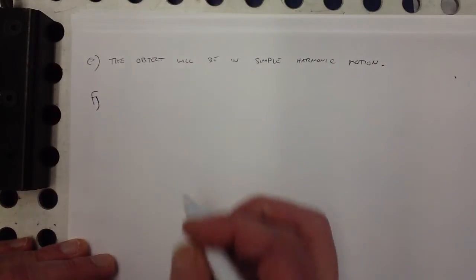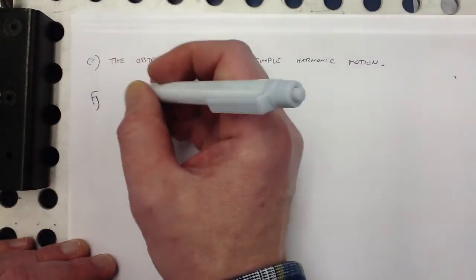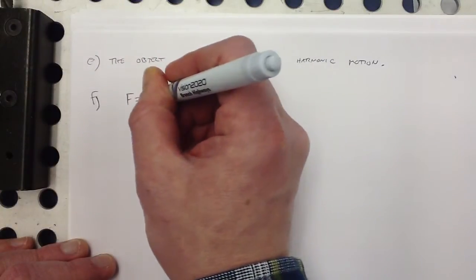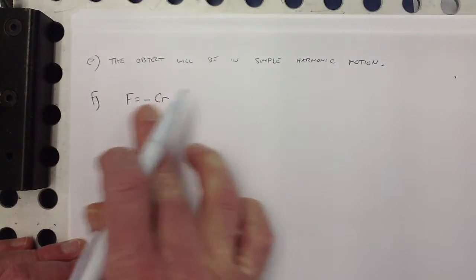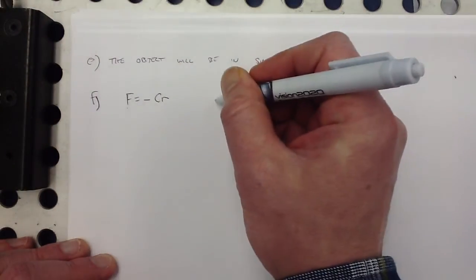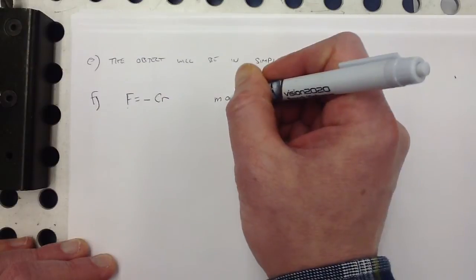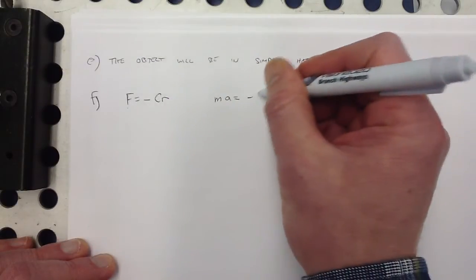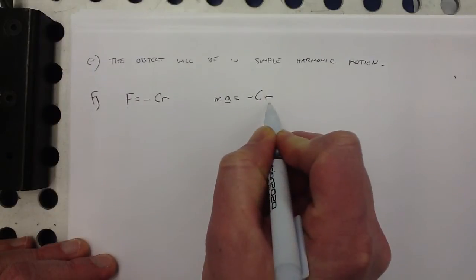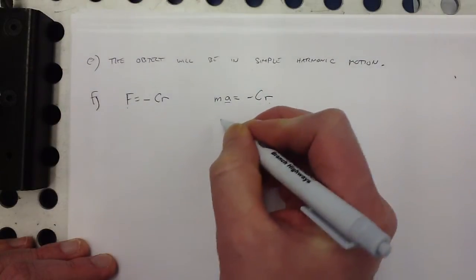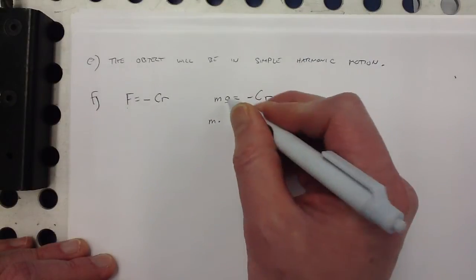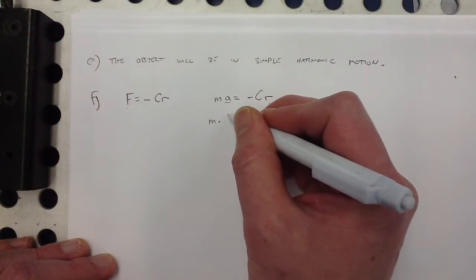Because, yeah, I think it is going to have to go in this direction. So this is a little bit of chapter 15. We know that if force is equal to negative CR, that's like force equals negative KX. Well, force is equal to mass times acceleration, negative CR. And then acceleration is the second derivative of position. So you could write that as mass times the second derivative here would be